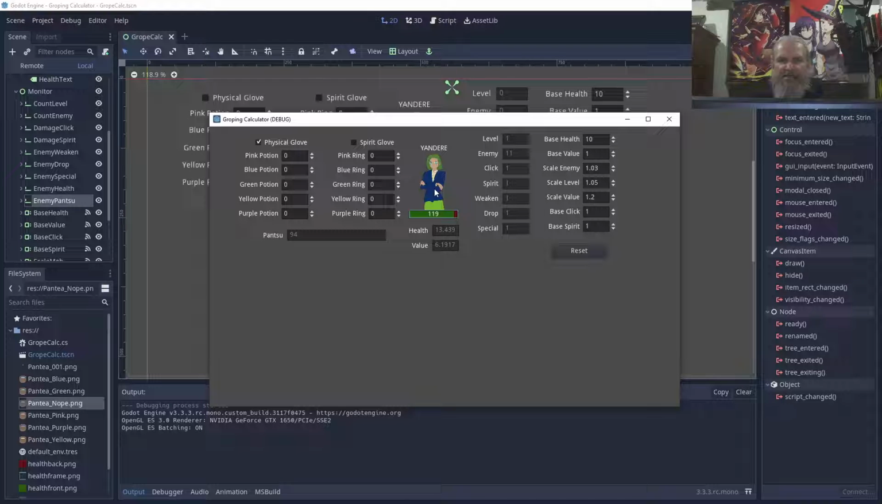And once we get it up to 110, now I can afford a pink potion. And that pink potion is going to let me do more damage. And as I push forward on that, once I get up to 160, now I can afford the Spirit Glove. And if I keep clicking, now to get a blue potion is 500. So if I just keep clicking,